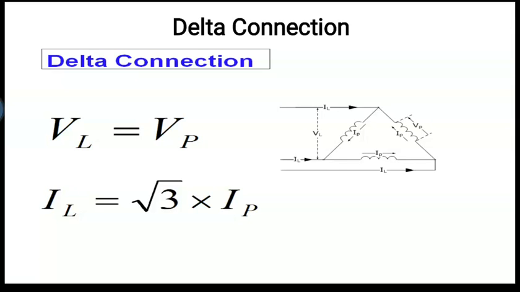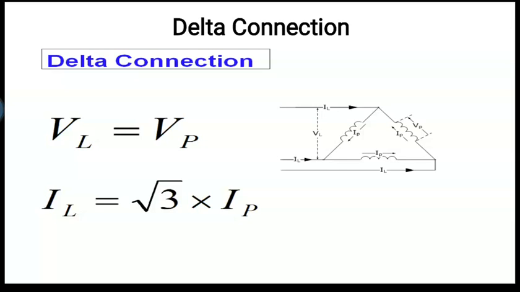Similarly, the voltage between two joints is nothing but a line voltage. You can see dotted and there is a VL, and the voltage across the phase is a phase voltage. In the diagram you can clearly see the IL, IP, and VL, that is between the two terminals. On the left-hand side the three lines are nothing but the three phases, R, that is red, the first one is red, the second one is yellow, and the last one is blue. So the voltage between the red and yellow or red and blue is nothing but a line voltage, and the voltage across that phase is nothing but a phase voltage.